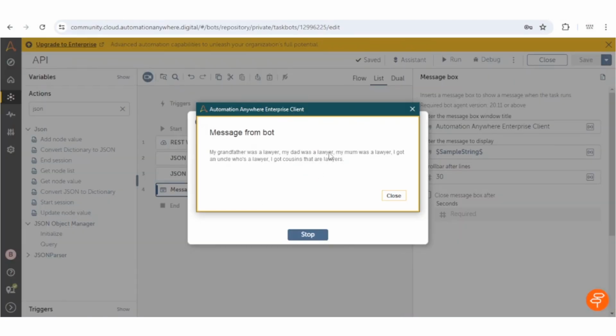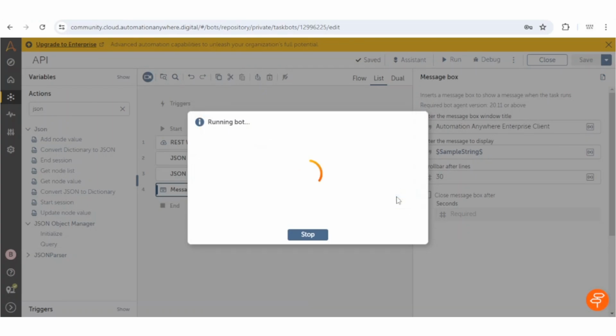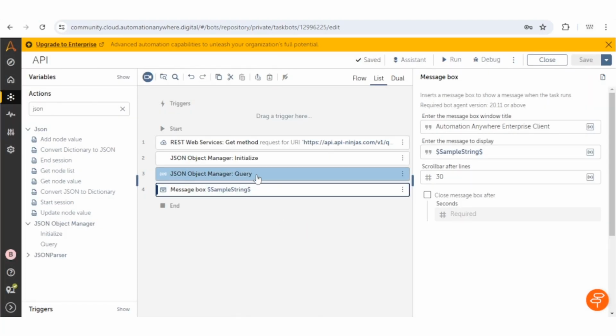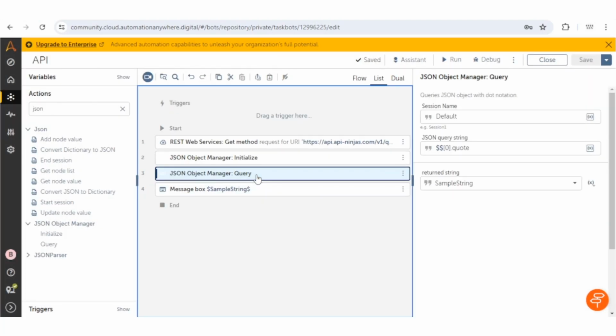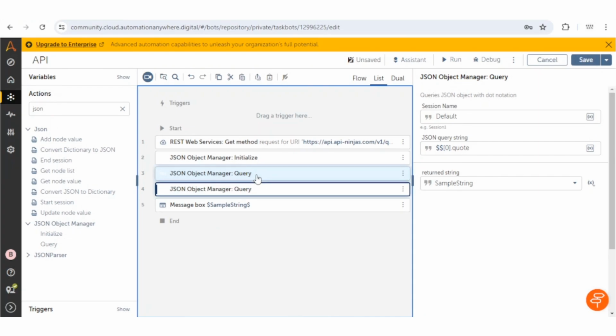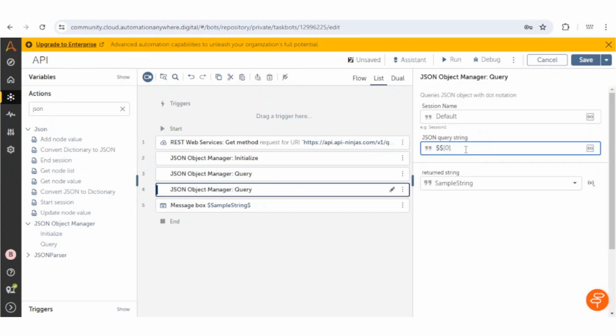And here we go, we can see only the quote is available. Similarly, we can extract the category or the author name also. Here we need to give the author.